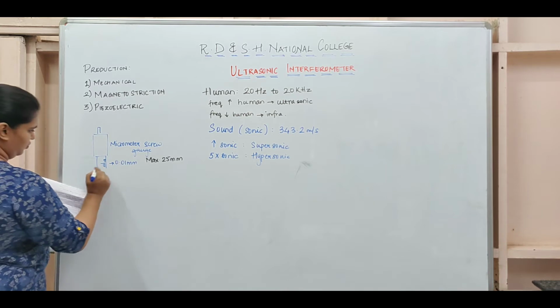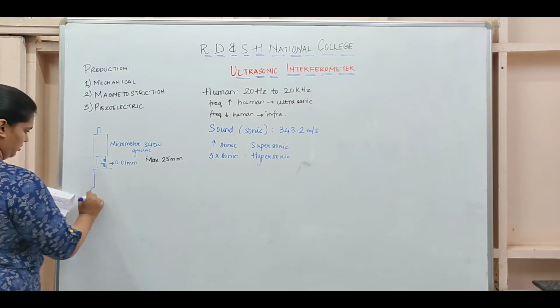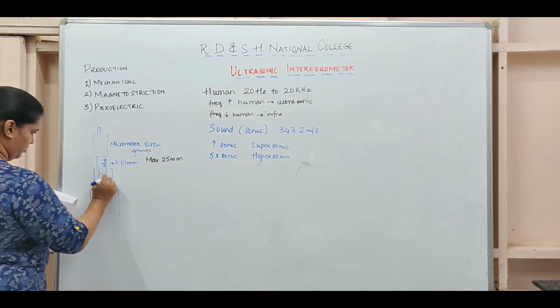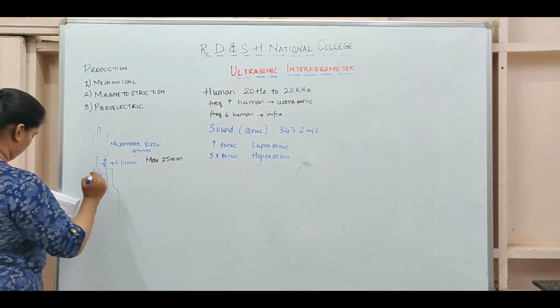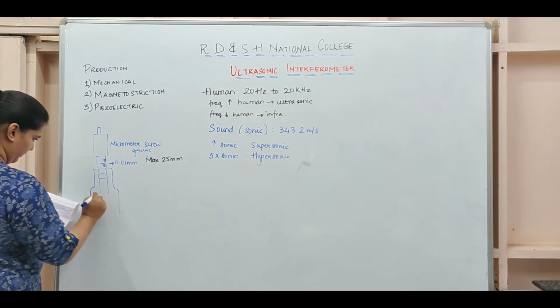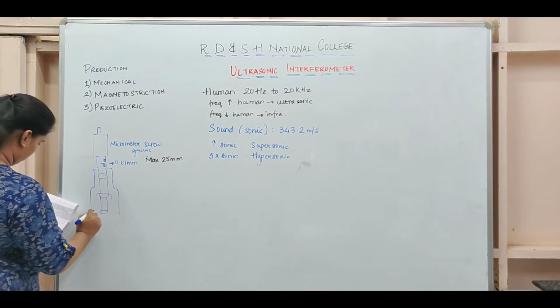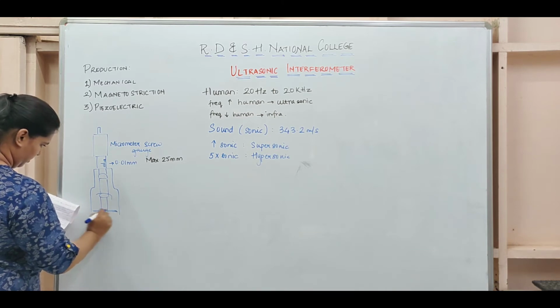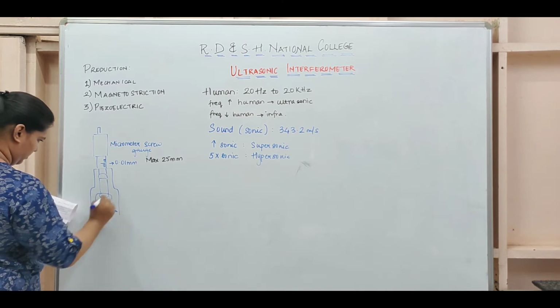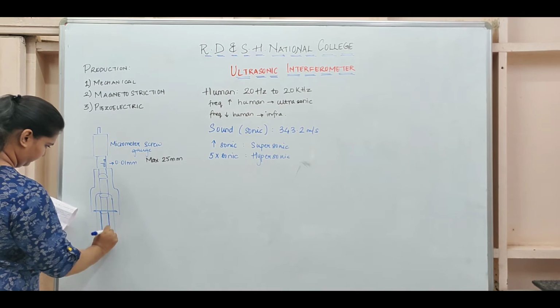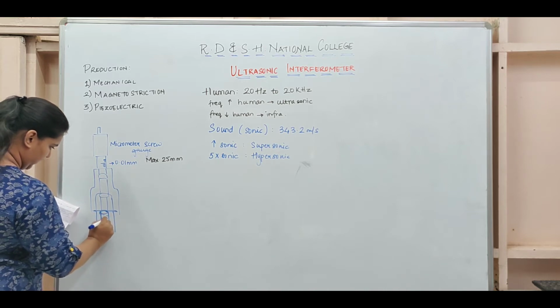Followed by this micrometer screw gauge is a vessel of sorts. In this vessel we have a rod, which is connected at one end to a reflector. So here we have a reflector, and these are the two walls. It is a two-walled vessel, and inside this will be your liquid. So let's say this is my liquid.